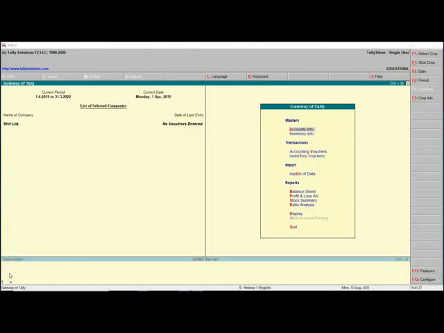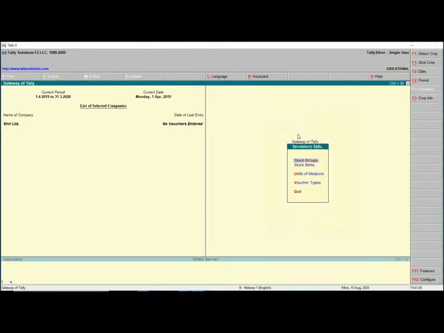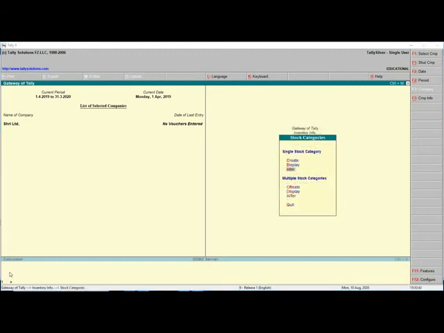Now let us switch to Tally and see how stock category can be used in Tally. Once the company is created as accounts with inventory, select Inventory Info. It displays inventory.